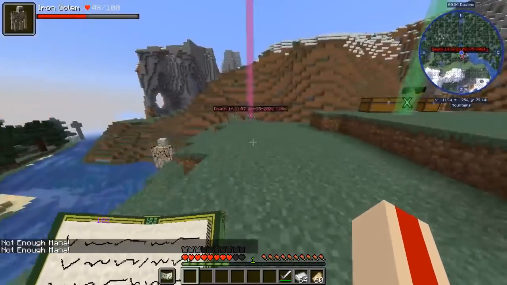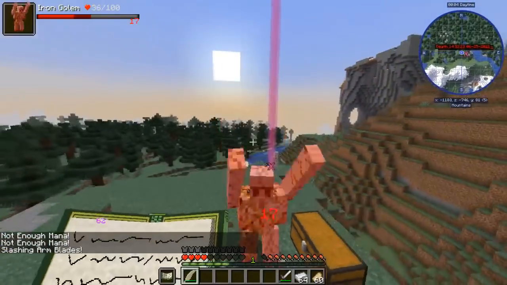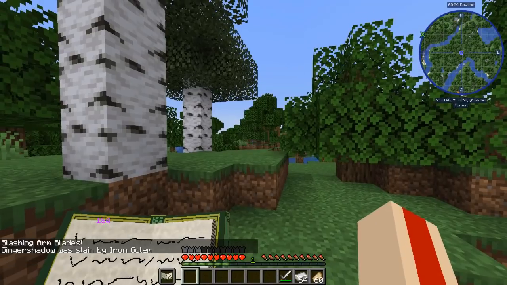Also to note, I can summon my slash blade attack thing again. There we go. Cost 200 to summon it. Ow. Well, all's forgiven now, I suppose. Yeah, I'll just put you away. Oh, actually...